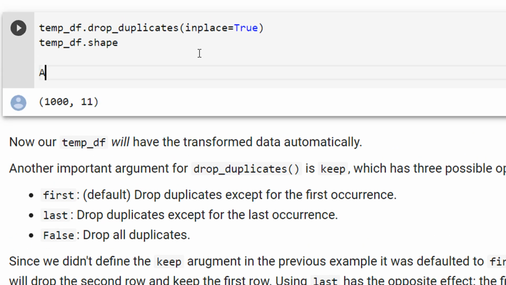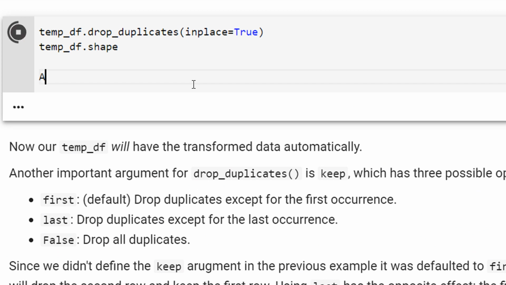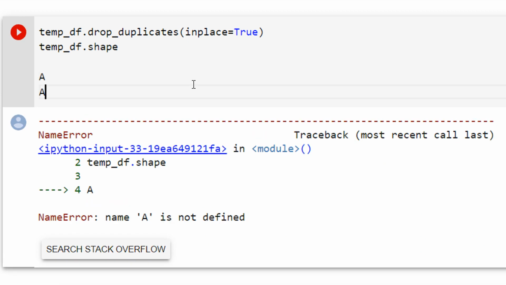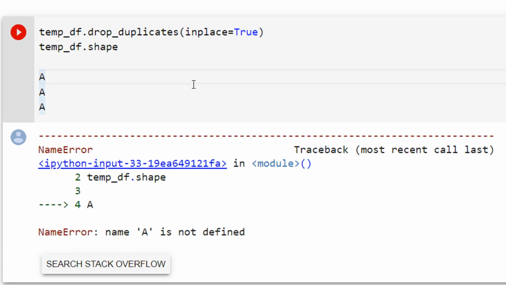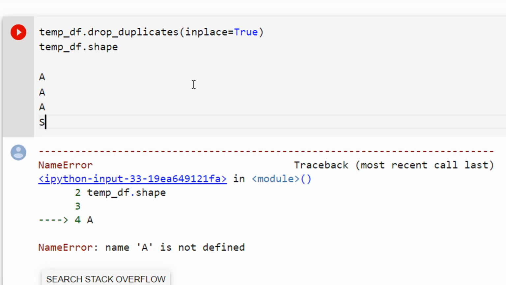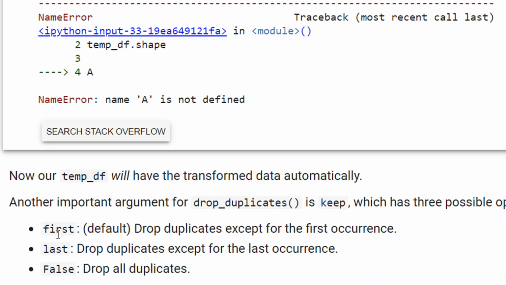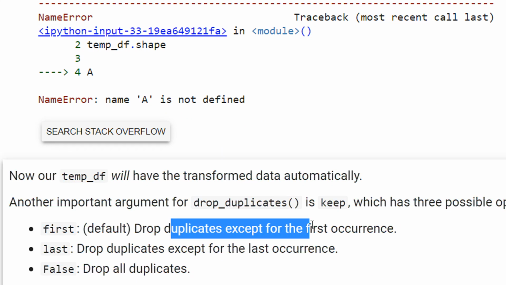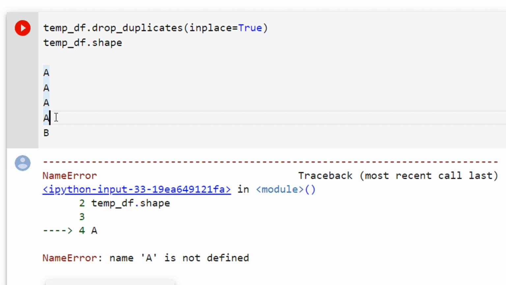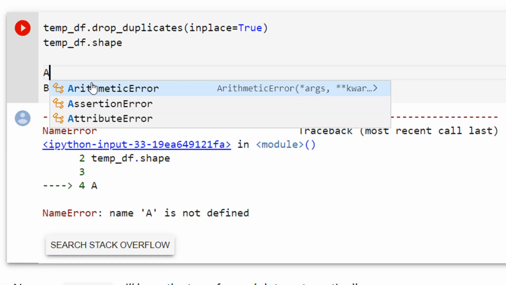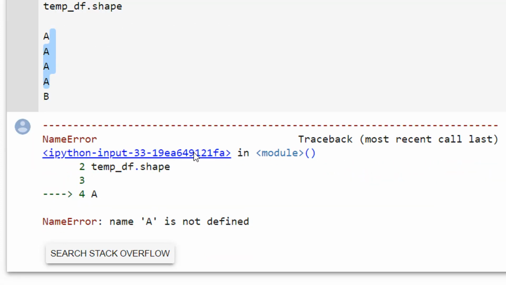Let's say you have A, A, A, all three the same values, and one more A, and B. Amongst these duplicates, I can retain the first one, or the last one, or another. How should I remove the duplicates? First means drop duplicates except the first occurrence. So you can see here A is there, and the other duplicates will be dropped. That is the default method.